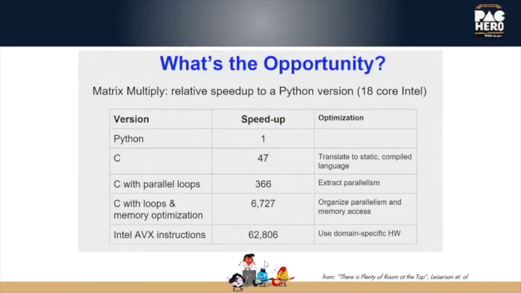Also in that paper, the authors show this interesting table, which summarizes the results of performance engineering of a naive matrix multiply kernel written in Python. The reason why I show this slide is actually not to pick on Python. I like this language, I write Python myself. I provide this slide to show that software is not optimal by default.